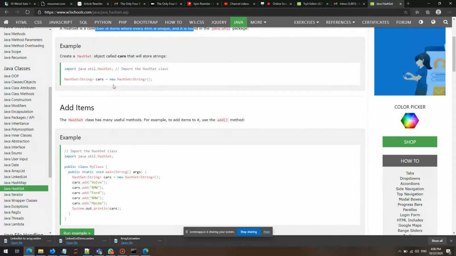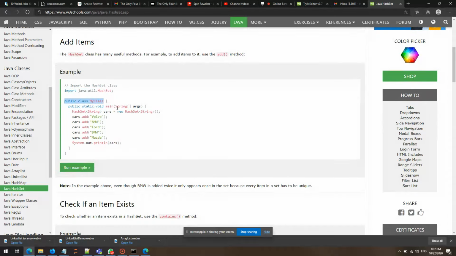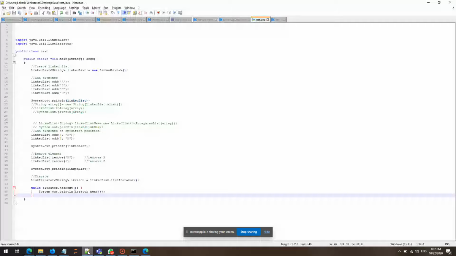So, for the implementation we can see they have used the car example, like import HashSet, then my class, and then just the main function. They have defined the main function and the main syntax for a HashSet. They have defined the string type, then printed the elements. Okay, we can move forward and let's see the implementation